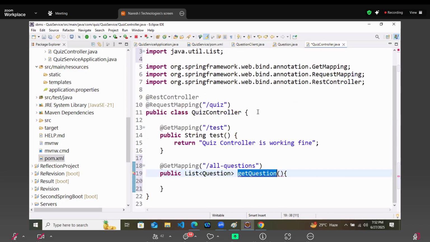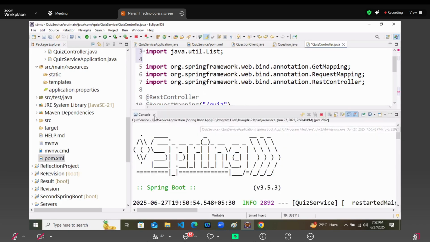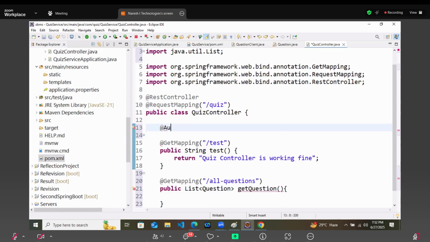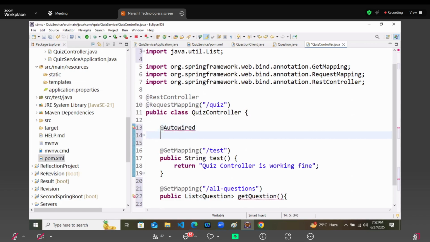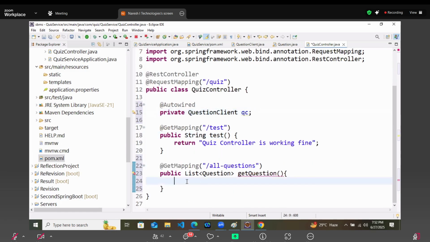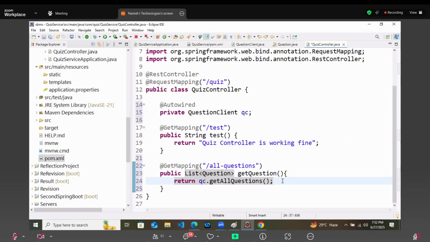Now in the quiz controller, I will autowire the question client. So here @Autowired private QuestionClient QC, and here we will call QC.getAllQuestions, because there also the return type is list of question only.